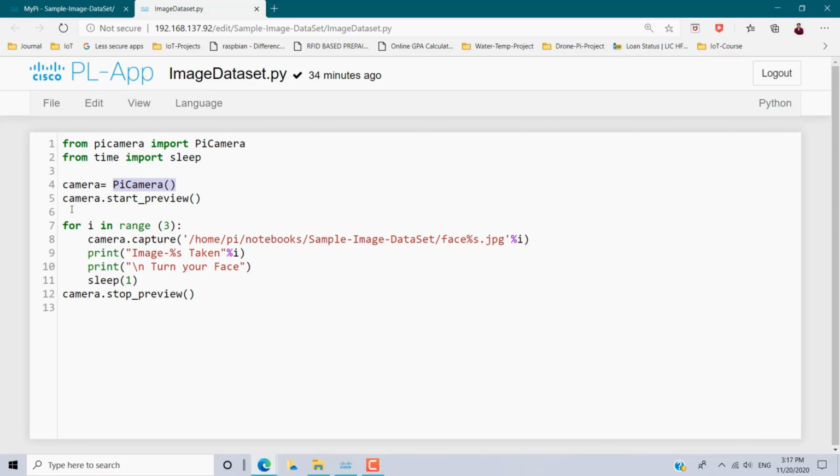By using this object I am invoking the method start_preview(). This will trigger the camera to turn on, and after the camera module is on I want to iterate a loop for taking photos. Here I am using a for loop. In Python, for i is the iteration variable in range 3. Here I am going to take 3 images: straight, left and right. So I iterate this for loop 3 times, and camera.capture is the method to take a picture, and I am storing it in the path home/pi/notebook inside the folder sample image dataset,